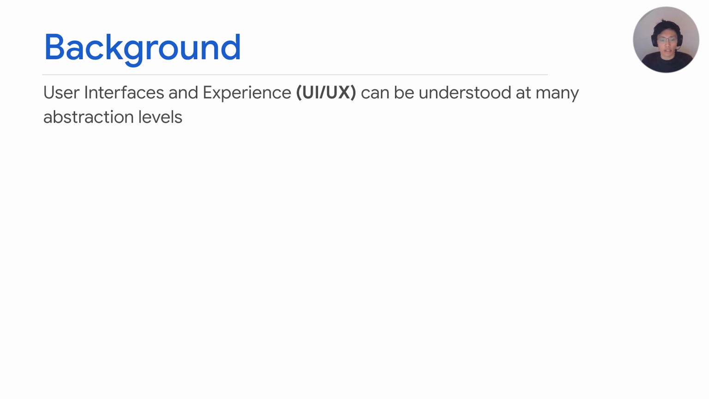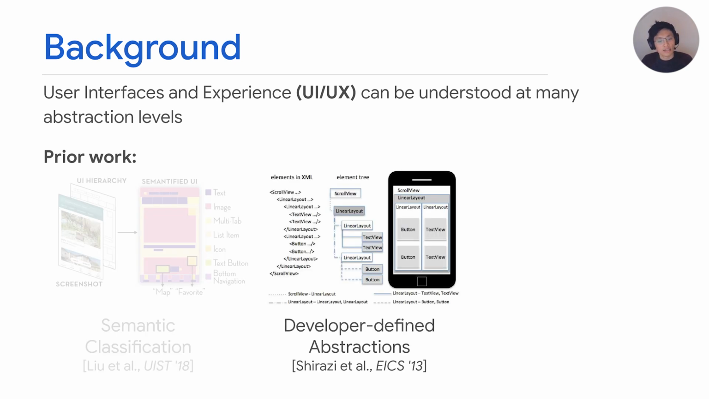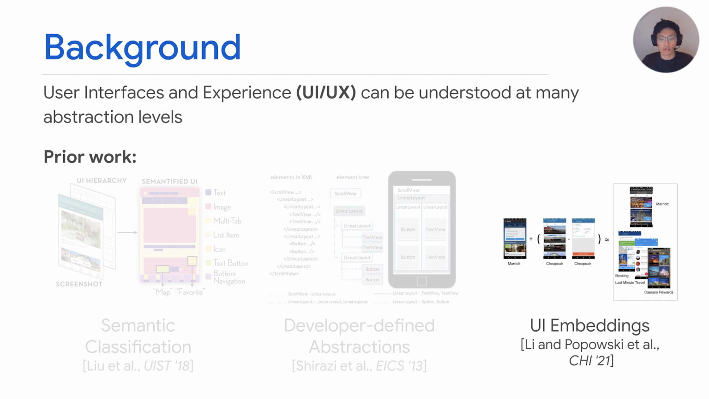User interfaces and user experiences can be understood with many different types of abstractions. There is an abundance of recent research work in the CHI community that have looked at collections or datasets of user interfaces. In particular, prior work have looked at semantic classifications, such as annotating UI elements by their functionally meaningful semantics, discover and analyze design patterns from developer-defined UI views and activities, and using data-driven approaches to obtain embeddings